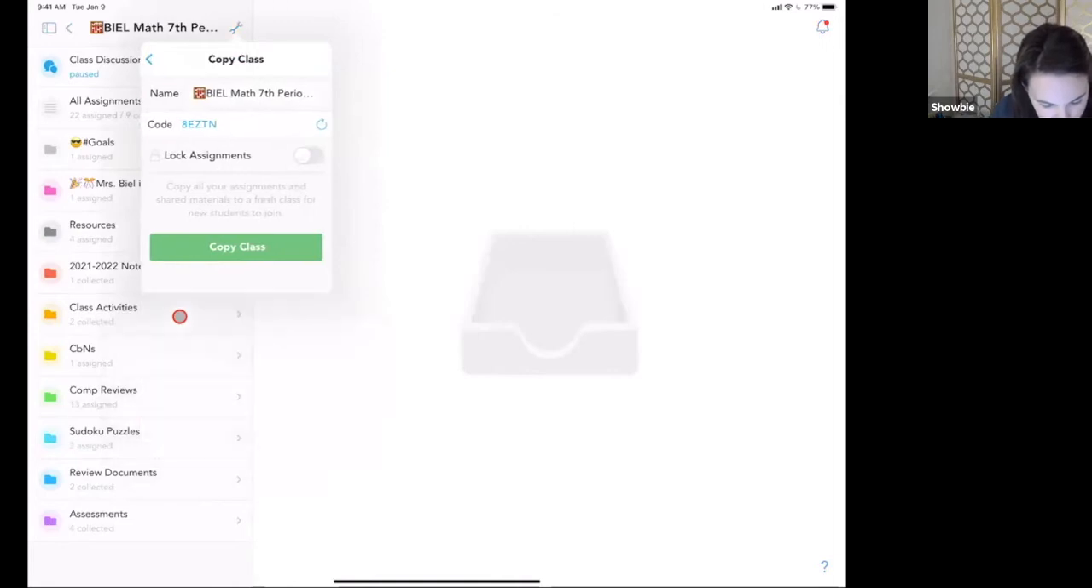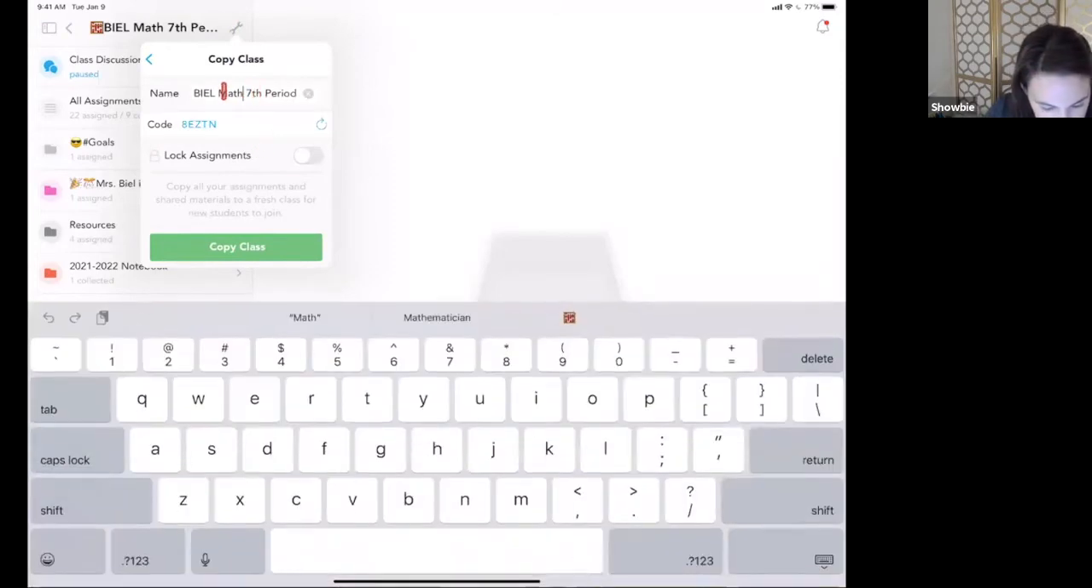All you do is tap on it, and it automatically generates a brand new code that you can give to your new students for that class. And if you would like, you can change it to a different class period. So if I wanted this to be 6th period, I can do that. And you can lock all of the assignments if you would like. But I'm just going to go ahead and leave those unlocked for now, and then just click copy class,